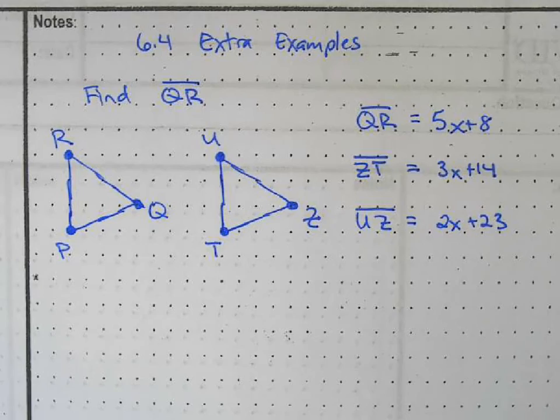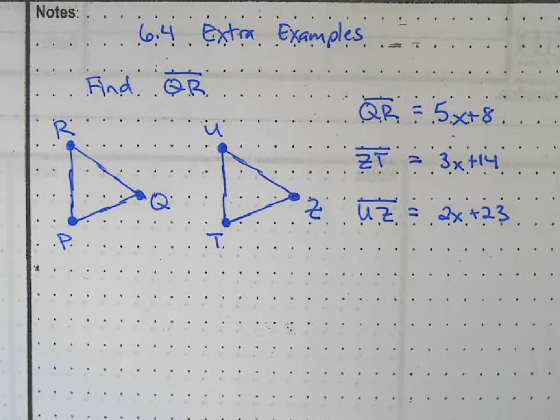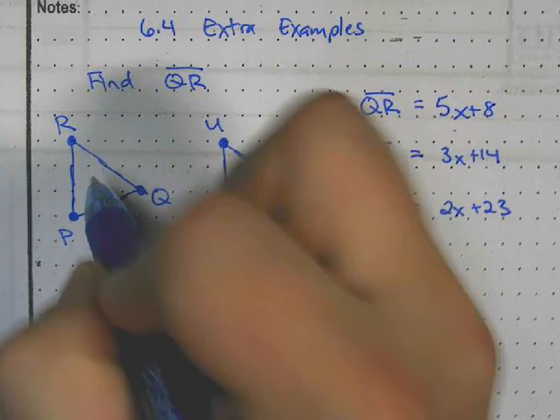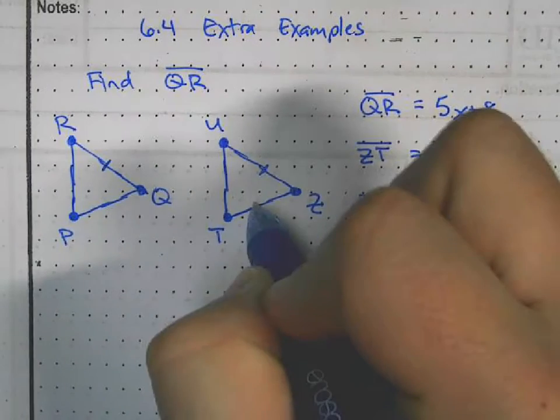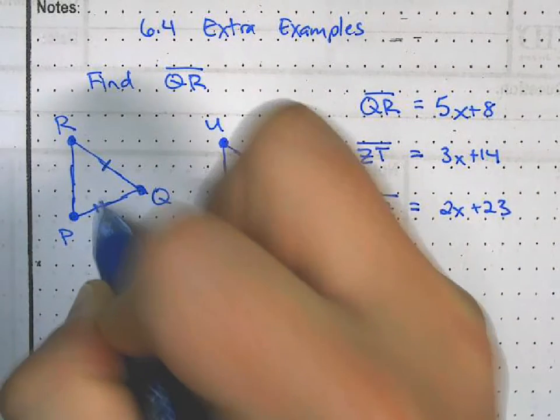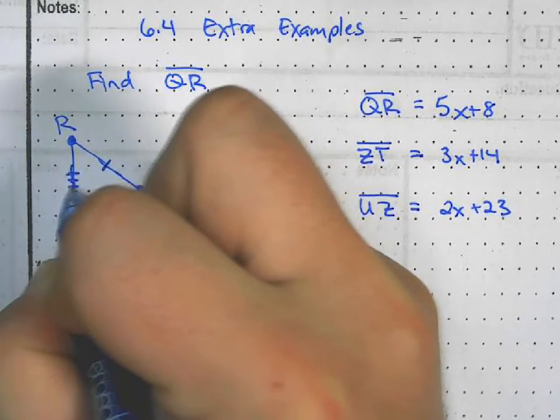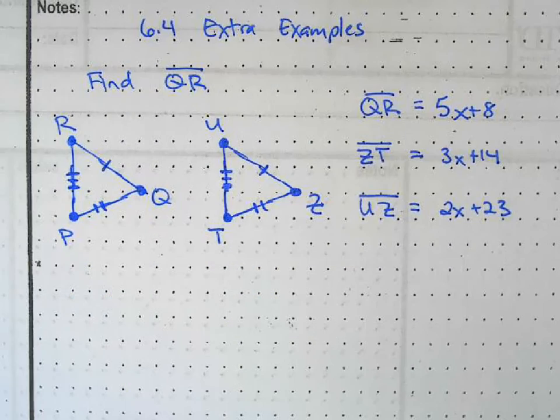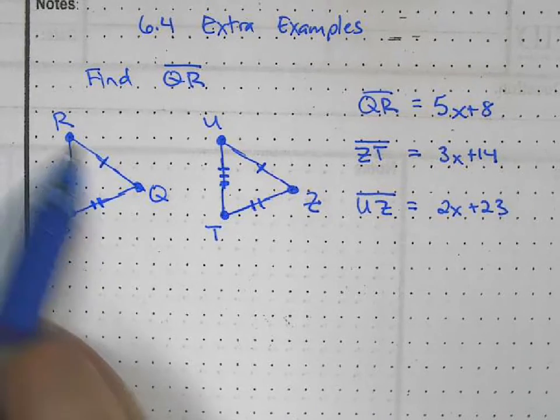So we're given this information, and now we want to find QR. We're also given this. So in our picture, we're given all the tick marks, and we're given the equations, and now we can see which pieces are congruent to which. So if I'm looking for QR,